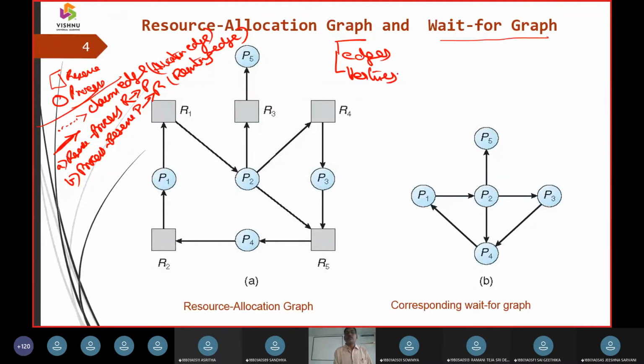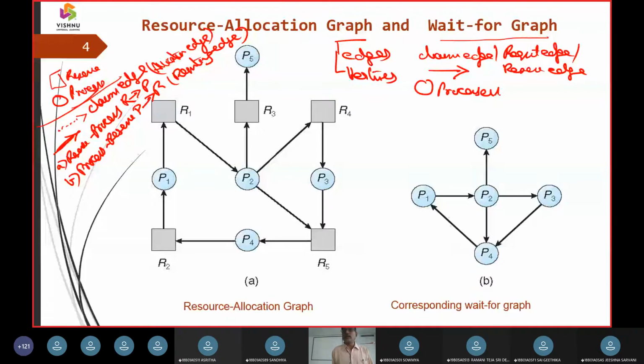Either a claim edge, or a request edge, or a resource edge, whatever edges are going to be there, they are going to be drawn with this line, and vertices are going to be represented with circles, and they are going to represent the processes P1 to Pn. So this is another foundation before we analyze the graphical diagram.